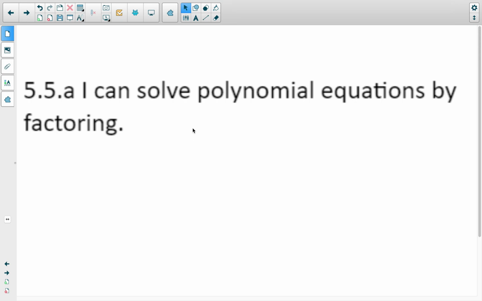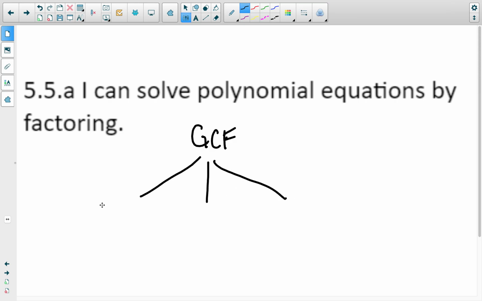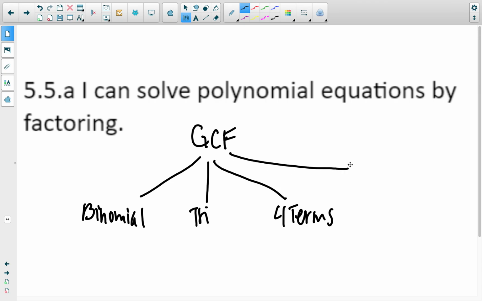Okay, so whenever you're given an expression, the first thing we want to check and see is, do we have a GCF, right? Do we have a greatest common factor that we can factor out? Okay, and then from there we want to ask ourselves, is it a binomial, a trinomial, or does it have 4 terms? Okay, and so this approach is still what we're going to follow, but we're going to add in a level here, to see, does it have a degree